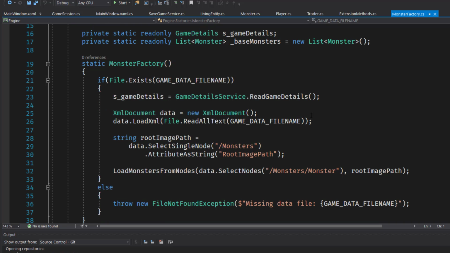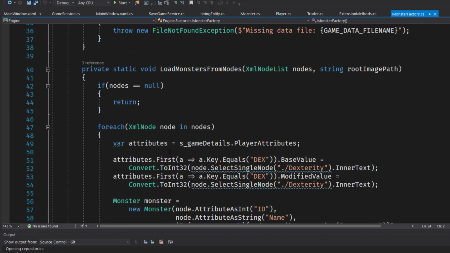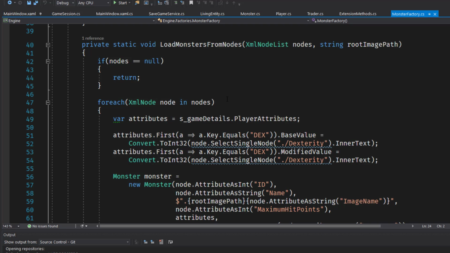and then inside the static constructor, we are going to, on line 23, populate that from the game details XML file. This way we'll have a list of the attributes that we need to add for the monster. Then we go down to lines 49 through 54 in the load monsters from nodes, where we get the player attributes from the game details, and we find the one that's dexterity, and we get the value from the XML, the node single select dexterity,